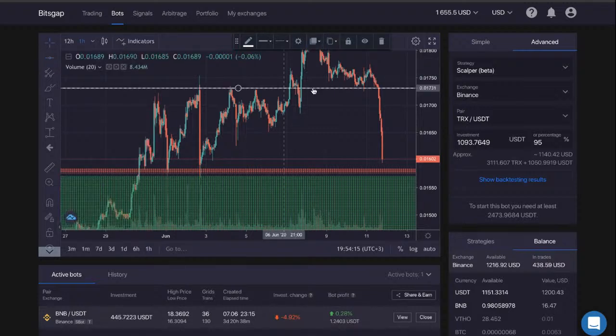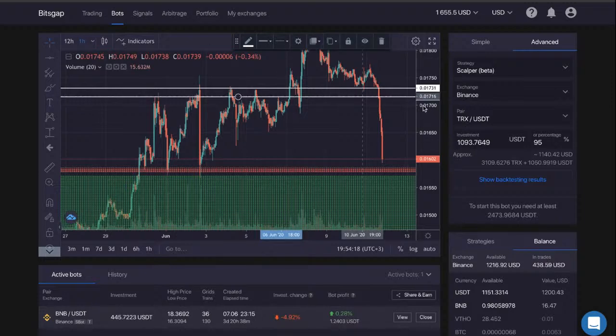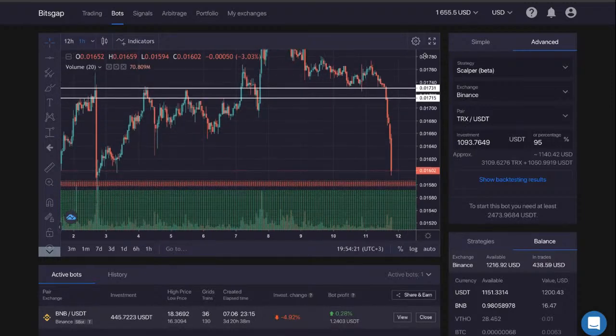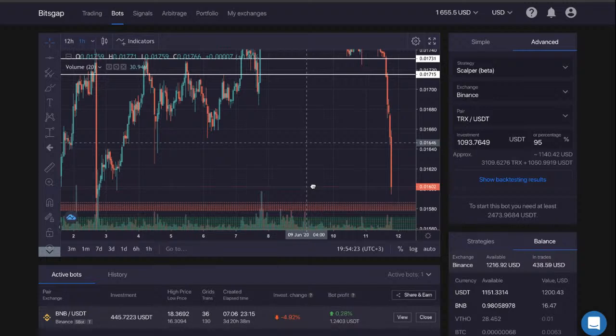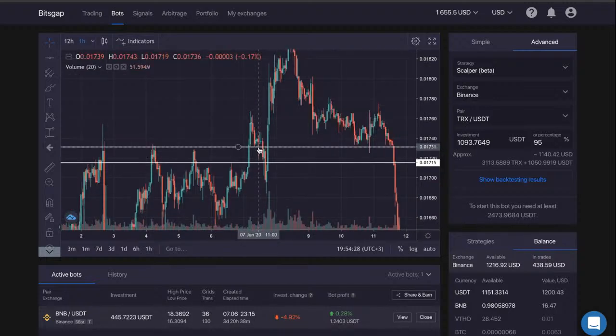Let's say that this is my grid level and here is another one. So you see that the spacing between them is very wide. That means, let's assume that we are at this point and the price moves downwards, and you see that it has almost triggered the grid level, but it was not enough. So that means that here we are out of the game,